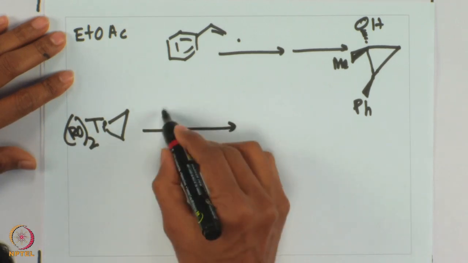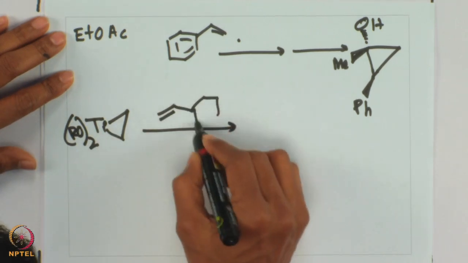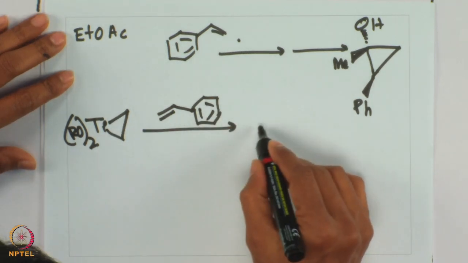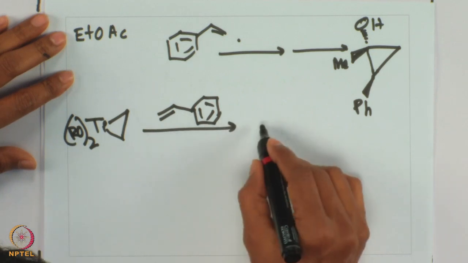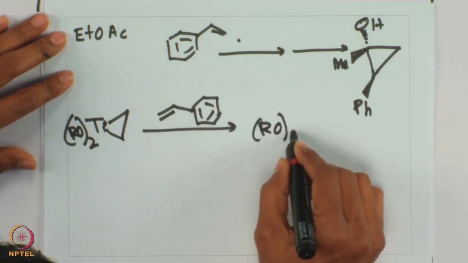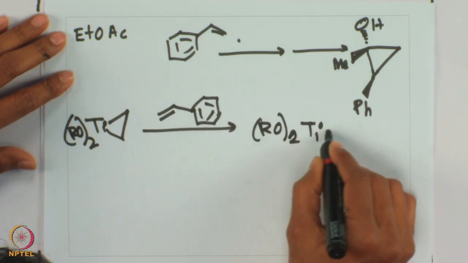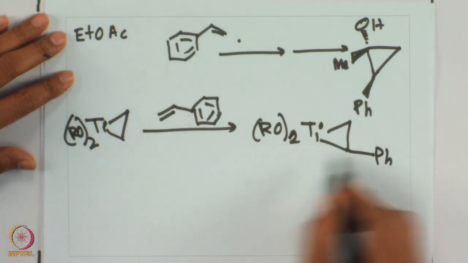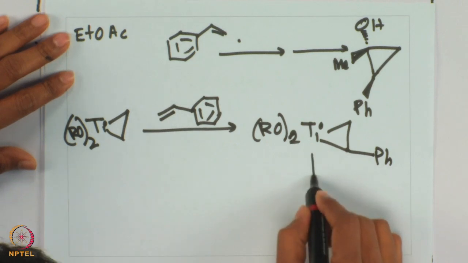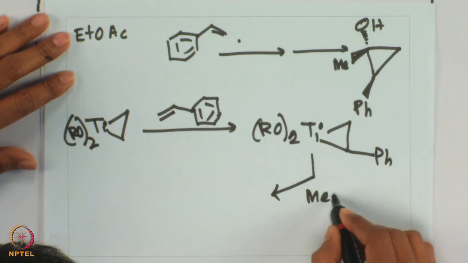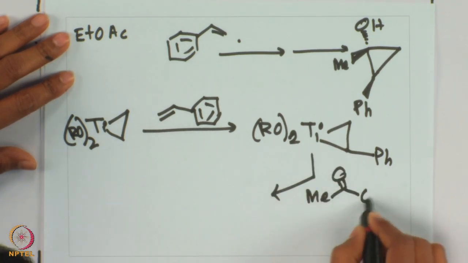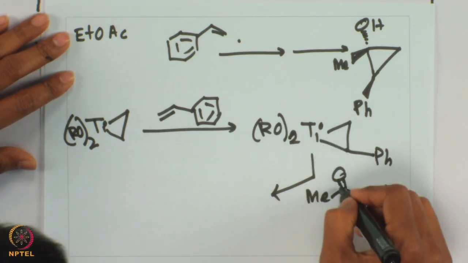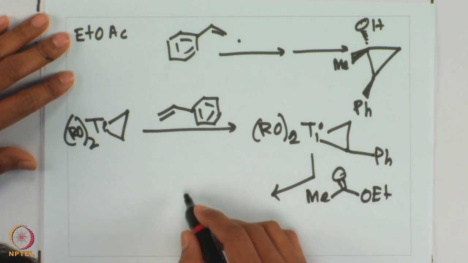We can then swap with the styrene. This olefin can be swapped with the styrene. Overall, then we will have dialkoxide titanium, the cyclopropane intermediate, where this phenyl is associated with it. Subsequently, we can have ethyl acetate, for example, over here will interact with titanium, will interact with this first, and